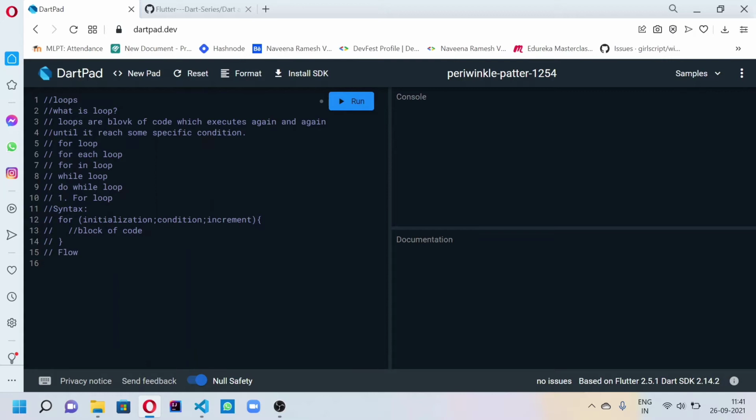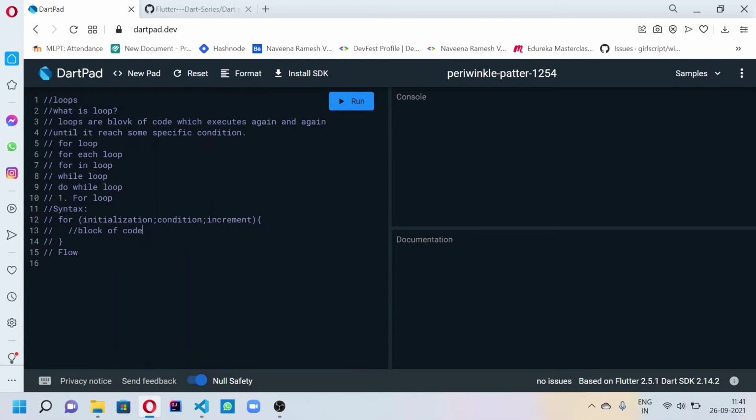First it will initialize the value. After initialization it goes to the condition. It will check whether it is lesser than, greater than, equal to. After that checking, it will go inside the for function. It will execute the code and print it. After that, again it will go to the increment part. Only after executing the block of code, it will go to the increment part.